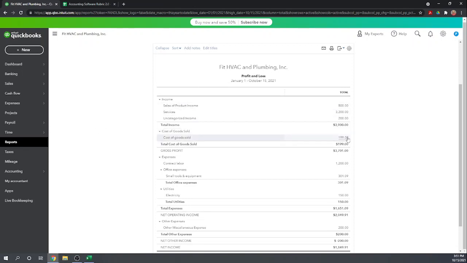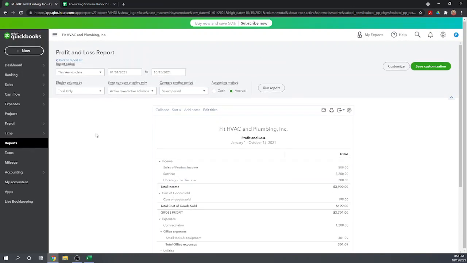Okay, cost of goods sold, $199. So there is a $1 difference, either a rounding error, or it could be because we had one item returned. Remember, we returned one inventory item, so maybe it took that item out of the first inventory purchased. Whatever the reason, it is allocating cost of goods sold well. It's $1 off from what I expected, but it could be that QuickBooks is correct. Good. It should have reduced our inventory cost, which I think we can see by looking at